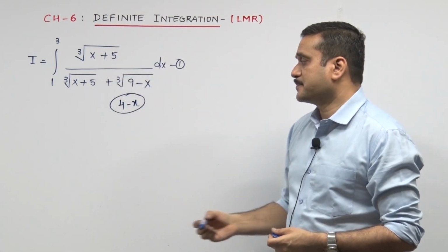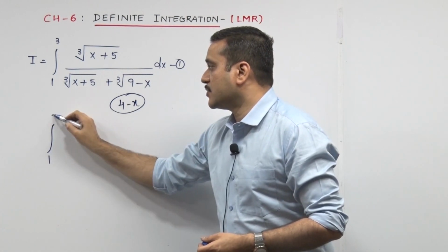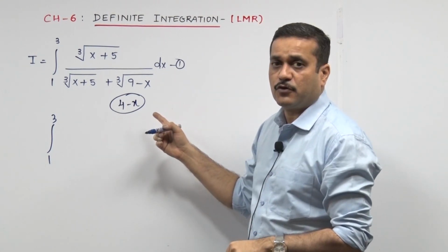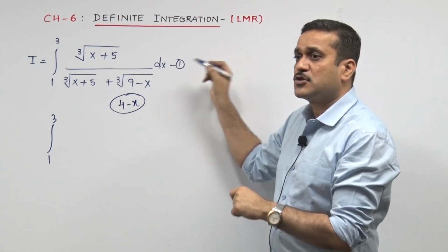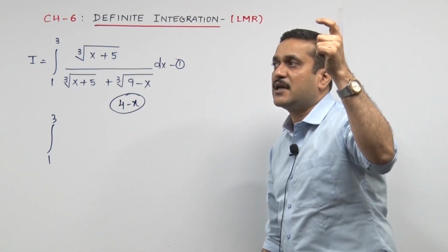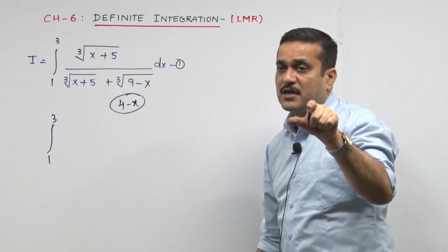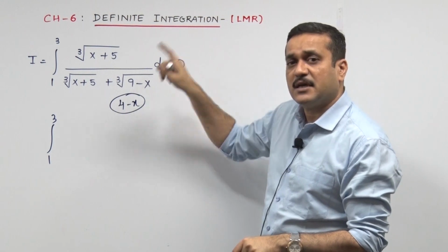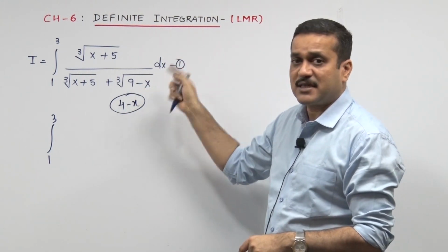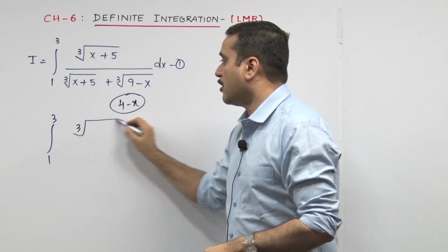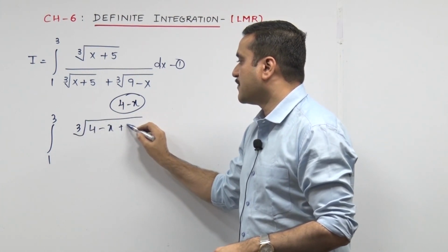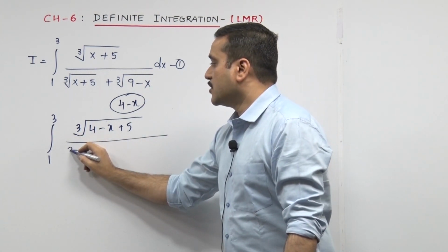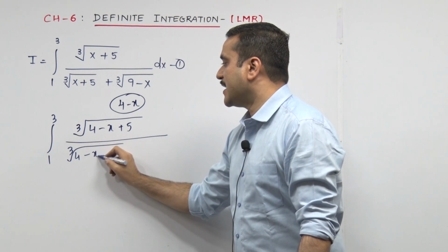Check that. So then moving in, integrate 1 to 3, I am changing all my x to a plus b minus x, 1 plus 3 minus x, so I have circled 4 minus x. I just write it somewhere in the corner. Every x, I was supposed to change to 4 minus x. How did you get that 4 minus x? A plus b minus x, 1 plus 3 minus x in my sum. So that goes cube root of 4 minus x plus 5. Check, you decided to change your x to 4 minus x. Now, cube root of 4 minus x plus 5.